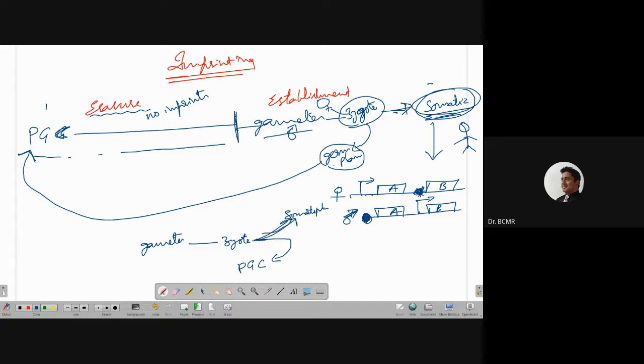All that the body that exists is the somatoplasm. That is what our physical body is. And primordial germ cells give rise to gametes. And this is the cycle. Simply, two gametes will fuse, and it keeps on going. So from the time of